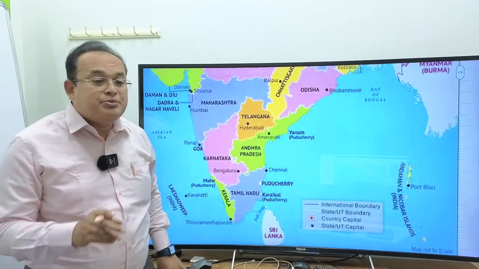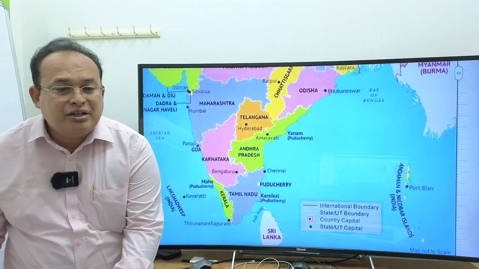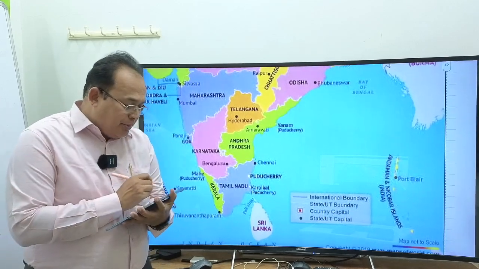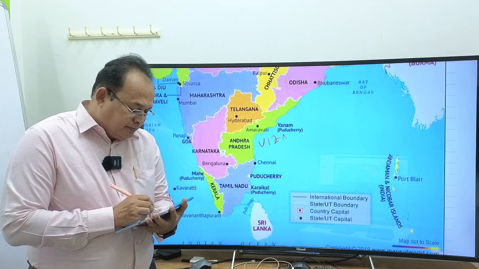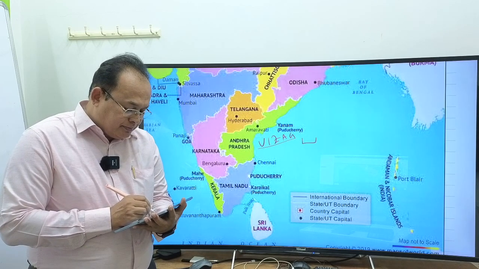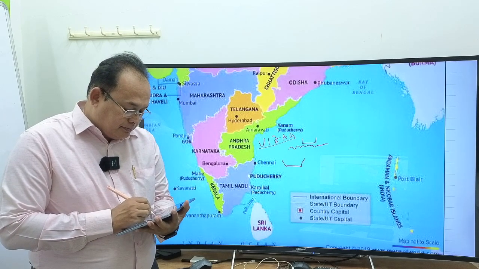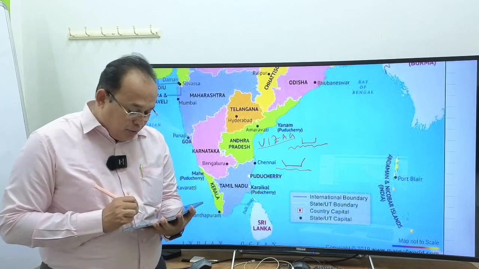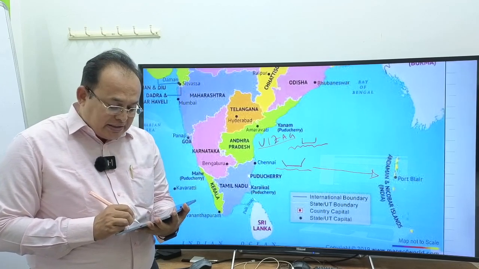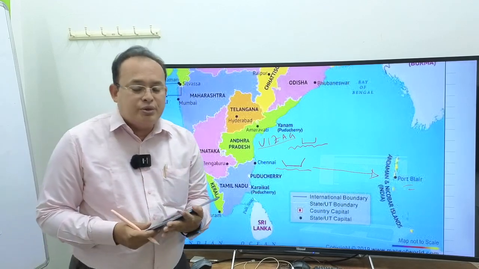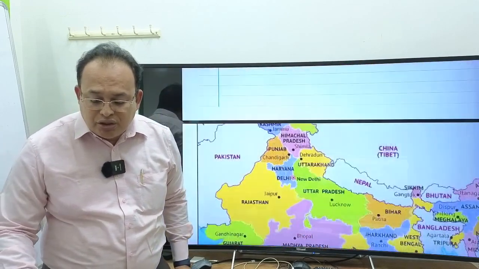Transportation of goods from where? Let us say from a particular place, from Vizag port, a vessel passing from here to Chennai port, or from Chennai port to Port Blair port. Port Blair, Andaman Nicobar Island, is in India. So, transportation of goods from a port in India to a port within India is called coastal goods,